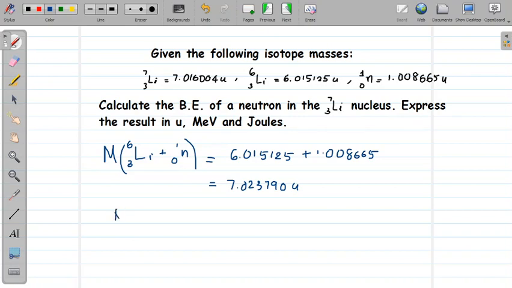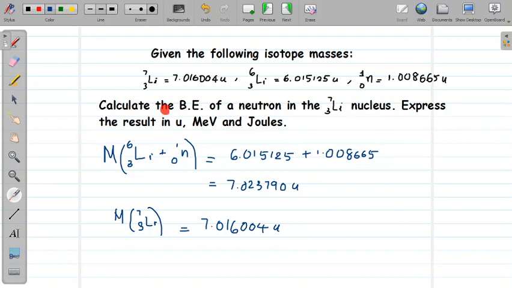But if we look into the mass of a lithium-7 nucleus, what is its mass? It is 7.016004 U. So you can clearly see on combining a neutron with a lithium nucleus, the expected mass is this value, but the actual measured value is slightly less. That means some mass is getting lost when this process happens. When a neutron is added into the lithium-6 nucleus, some mass is lost, and that is called mass defect, right? This difference in mass acts like the binding energy that is converted into energy. So let us find out that mass defect.